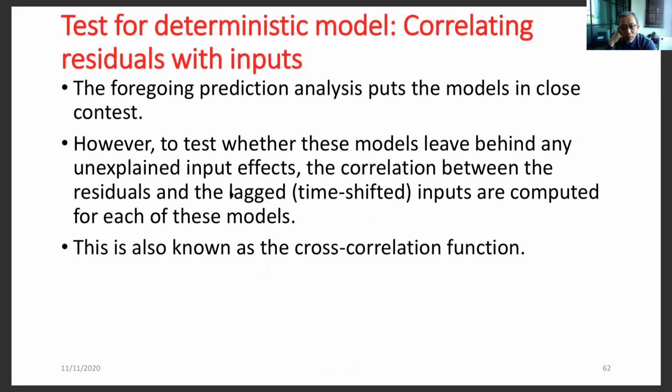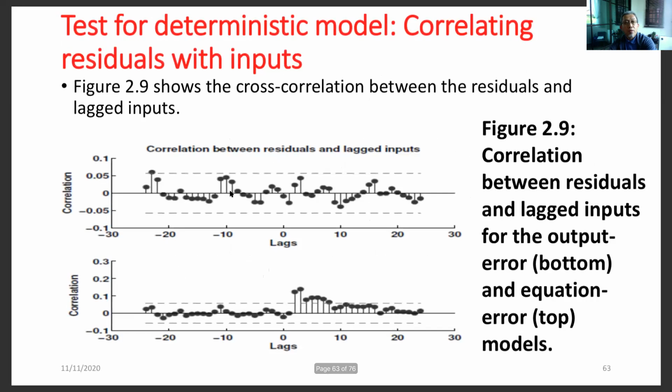Details of it we will go into in chapter 2. So the correlation between the residuals and the lag input is plotted here. You can see the tolerance, indicated by the positive line and the negative line. This is the positive tolerance and this is the negative tolerance. As long as the tolerance band is very small, which is 0.05,